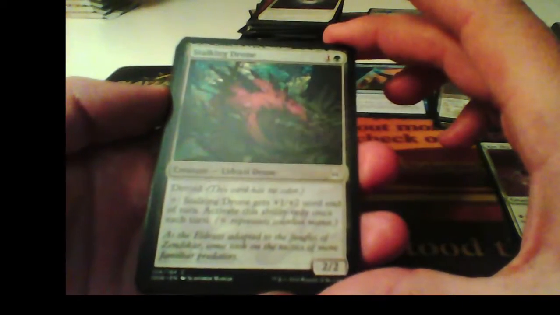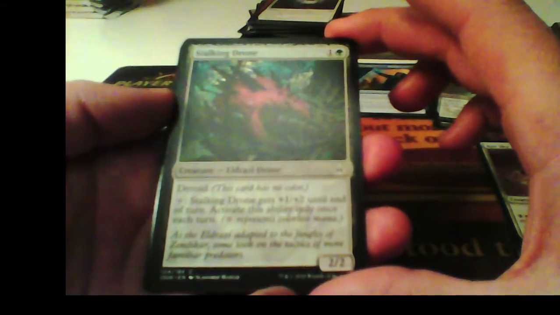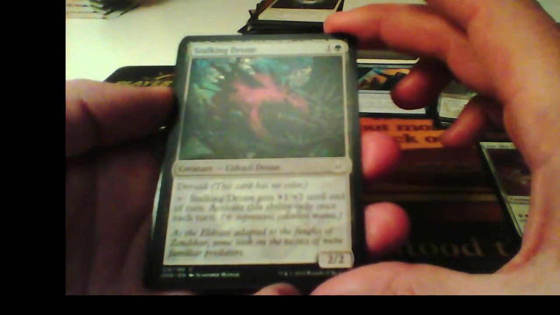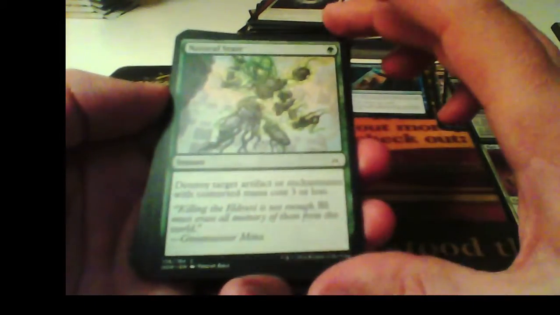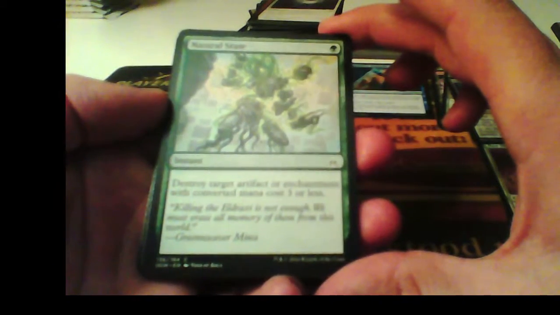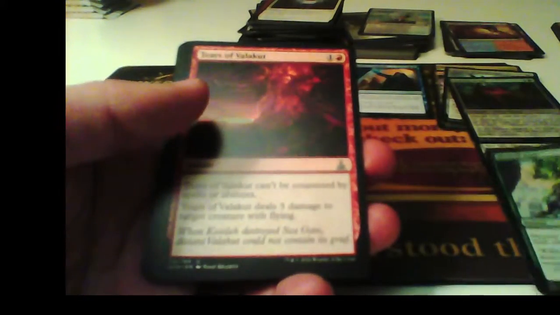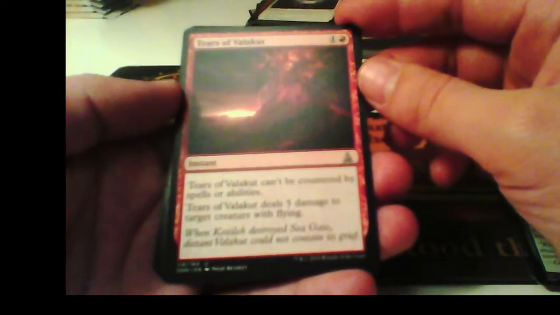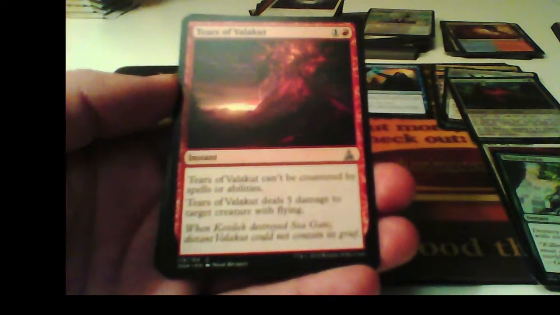Stalking Drone, a 2/2 for 2 with the Void. If you pay 1 colorless, it gets +1/+2 until the end of turn, and you can activate this ability only once, so it can be an aggressive deck. Natural State, an instant to destroy target artifact or enchantment with converted mana cost 3 or less, maybe a sideboard card. Tears of Valakut can't be countered by spells or abilities, and it deals 5 damage to target creature with flying. Good against dragons, but there aren't many here in Oath of the Gatewatch,